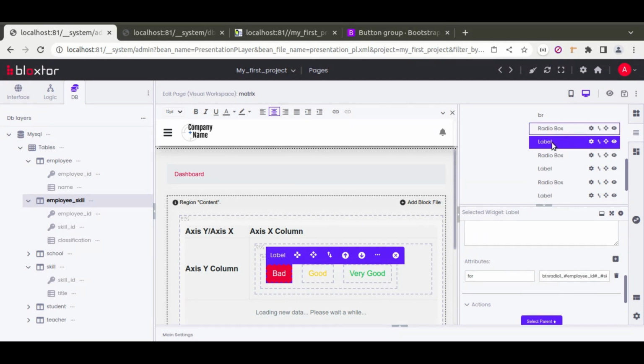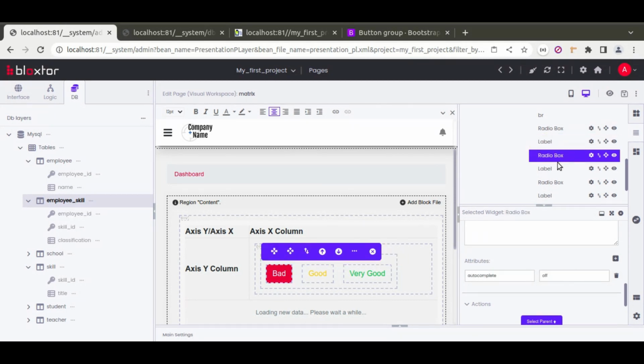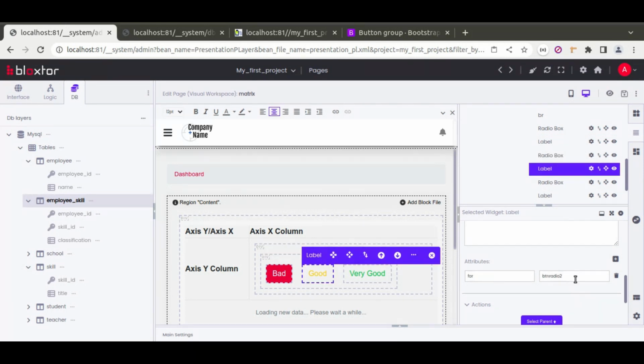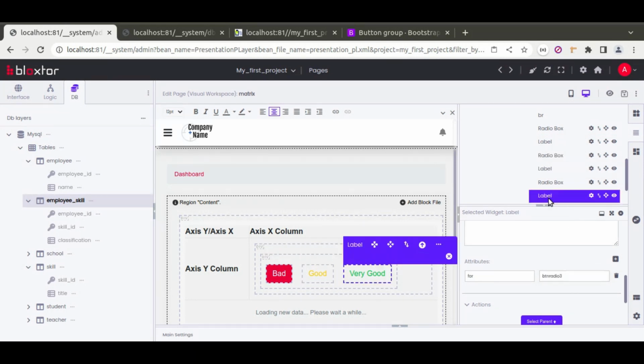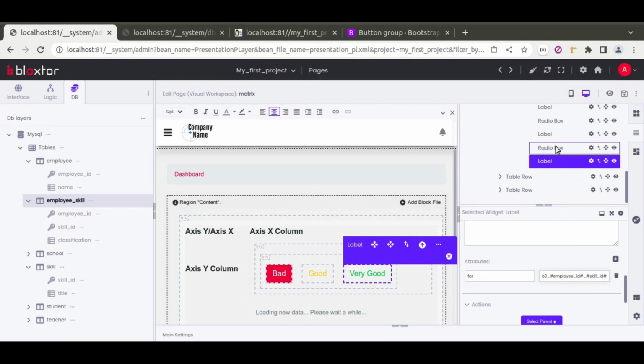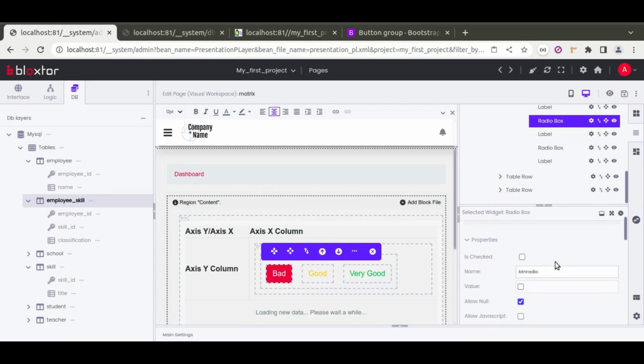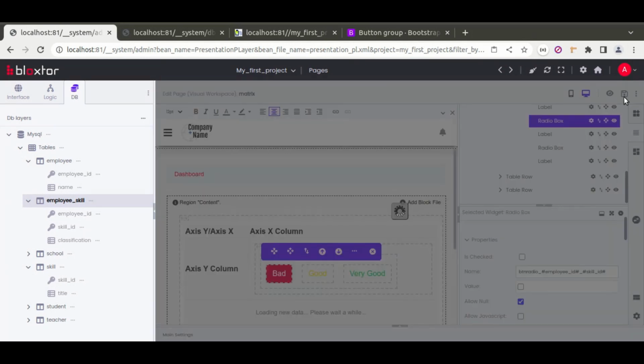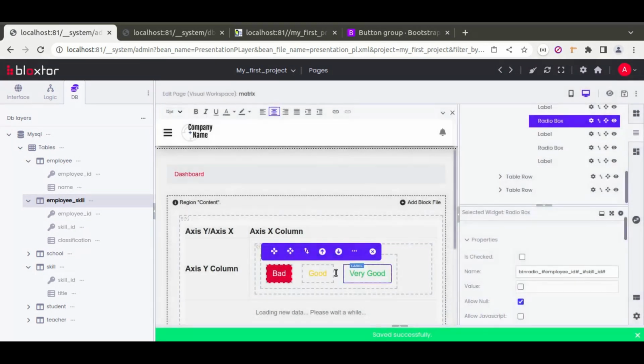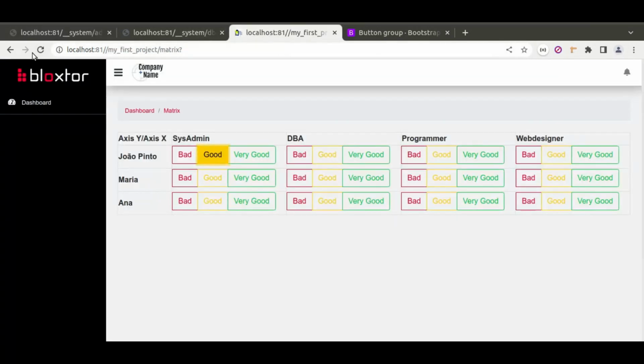Okay, so the first thing is done. I need to do the same thing for all these other ones. So in the label I want to do the same thing, in here the same thing, and in these checkboxes now I want to put here, in here the same, here the same, here the same, and in here the same. Okay, perfect. So now if I save, I should have unique groups. So if I refresh the page here,